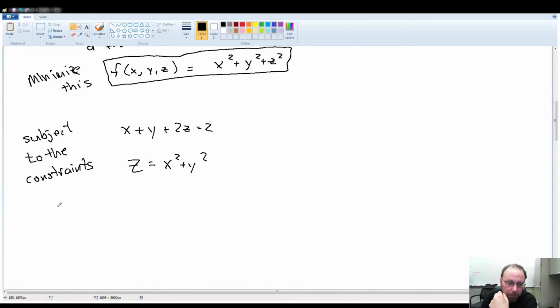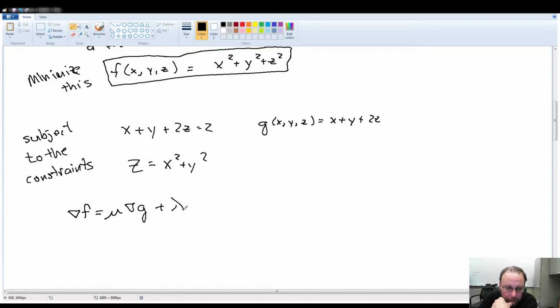Well, using Lagrange here, the setup won't be too different. We have to take the gradient of the function we want to optimize, and we set it equal to a multiple of the gradient of the first constraint. So that's x plus y plus 2z equals 2, so gradient of g, plus another multiple of the gradient of